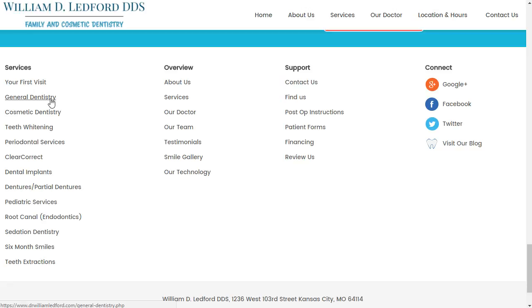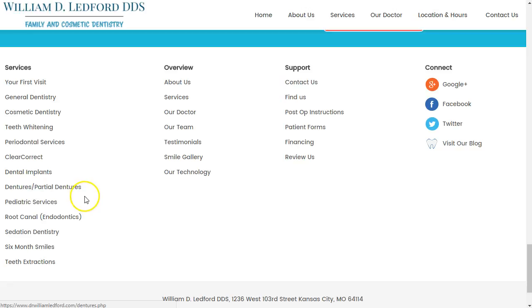General dentist, general dental office, or general dentistry Kansas City, and things like that. Similarly, cosmetic dentistry will include keywords like cosmetic dentist cost, cosmetic dentist price, etc., all closely related to cosmetic dentistry. Same as with teeth whitening, periodontal services, Clear Correct, dental implants,